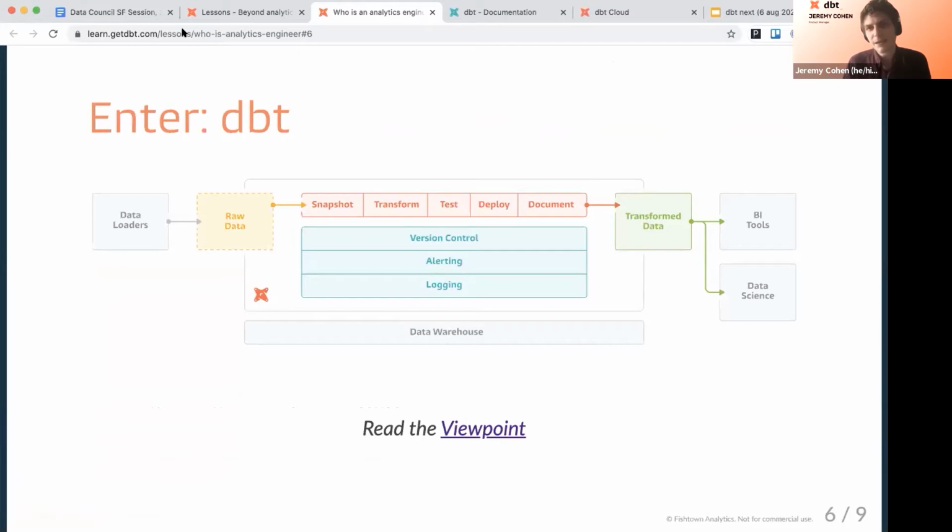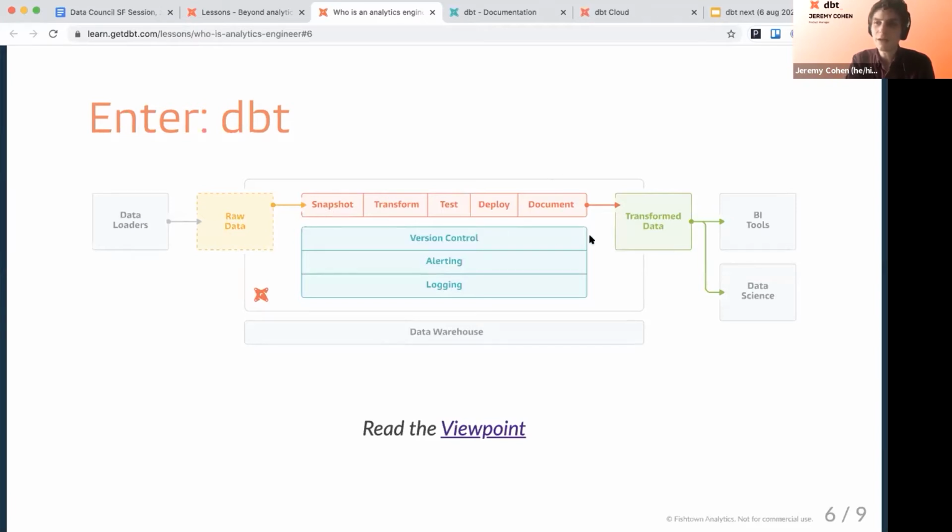You can see this is the same image from before without my bad crop job. There are a couple of key pieces that need to sit in between raw, source-conformed data, and something that's actually transformed to be business-conformed, to have the same meaningful definitions applied in modular and reusable ways.